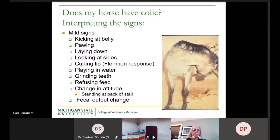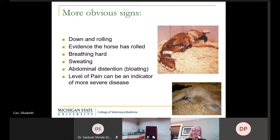Some of the mild signs we might see are just horses occasionally looking at their belly, pawing, stretching out, curling their lip. Some horses will just change their behavior. They may just play in their water or grind their teeth, and sometimes just standing in the back of the stall being unresponsive to their normal cues. You know, we walk up and instead of coming to the front of the stall, they have their head in the corner down as if they're just not happy. Can be milder signs of colic, as opposed to obviously the more severe signs of horses down and rolling,